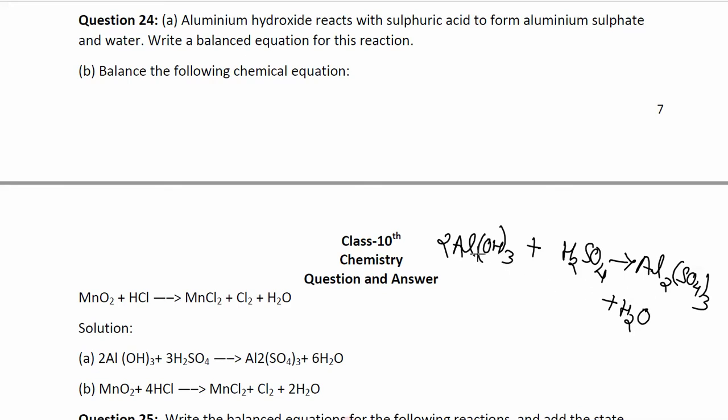2Al, oxygen 3 into 2, 6. 6 plus 4, only 10 is there, but here we require how much? Okay, let's make it 2 also here, then multiply 2 here. Sorry, 3. Let's multiply 3 here and make it 6 here,